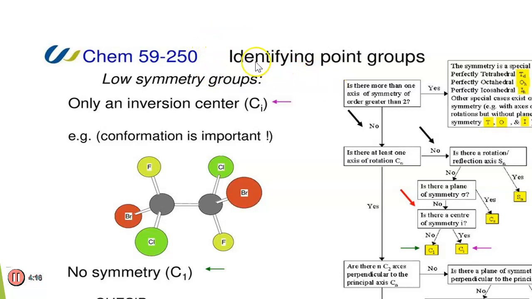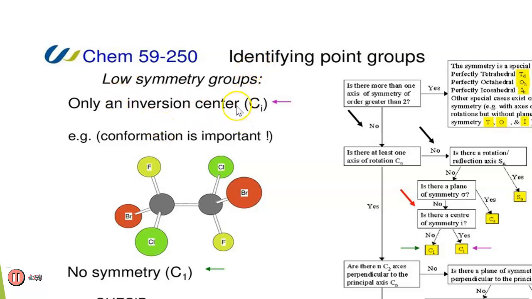Then the next question is: is there more than one axis of symmetry of order greater than 2? If it contains more than one such axis, such as a C4 axis, C5 axis, C6 axis, etc., and the answer is yes, then the symmetry is a special case. It belongs to the higher order point groups: tetrahedral, octahedral and icosahedral. For simplification, we can take the lower symmetry point groups, that is T, O and I. If it does not contain more than one axis of order greater than 2, that is, if the answer is no,